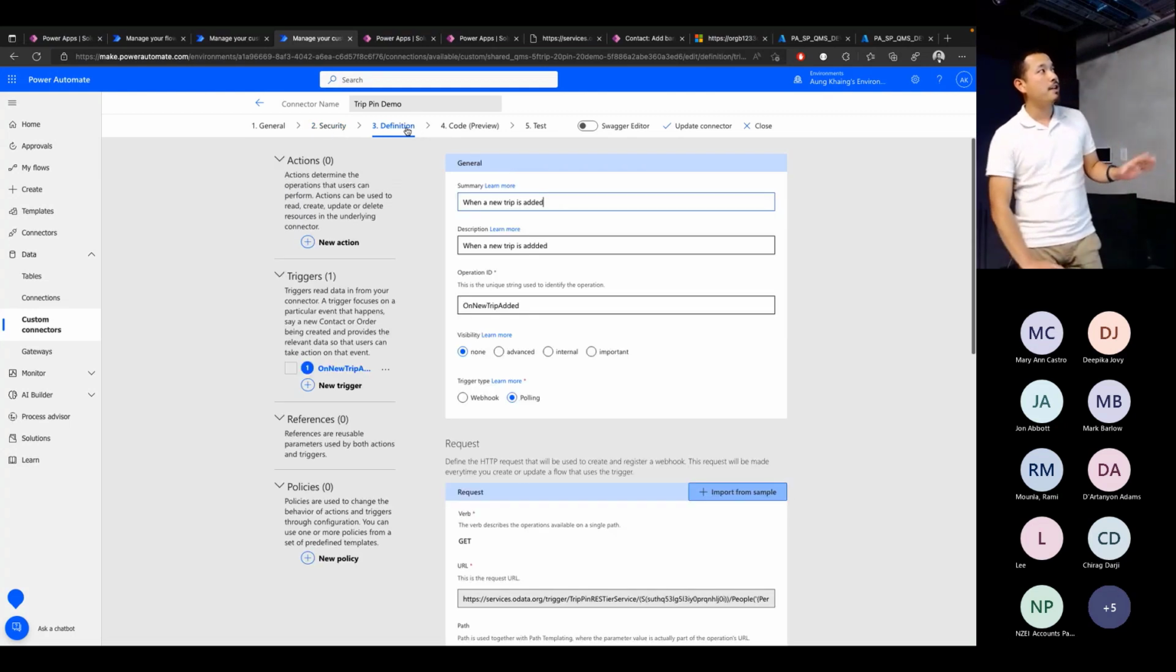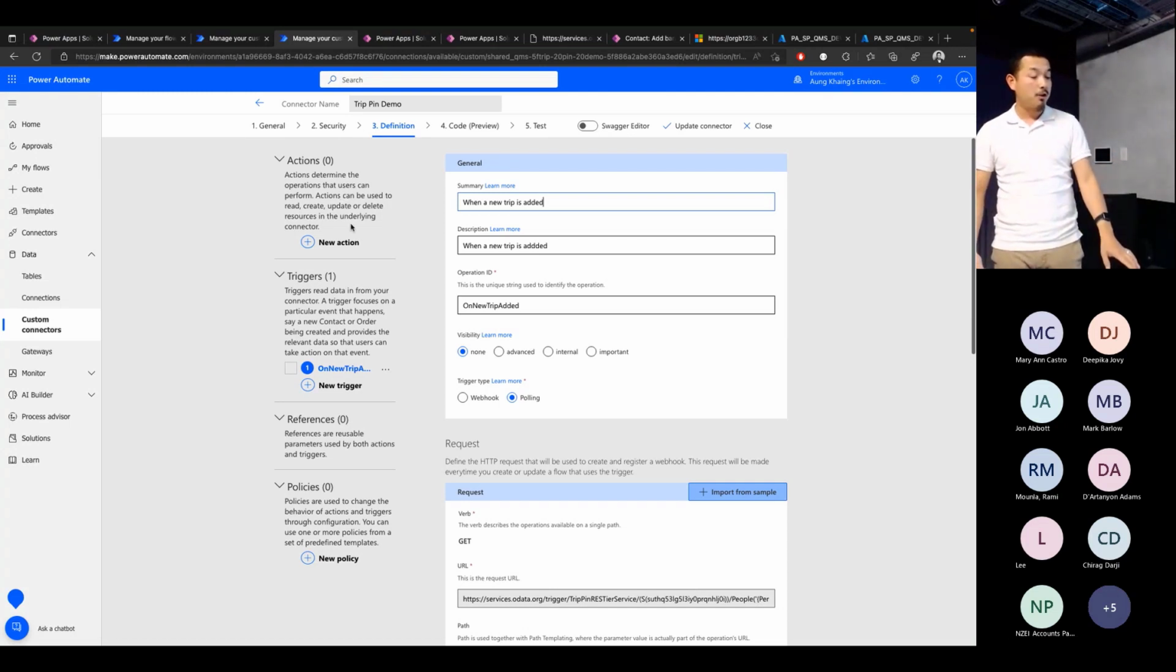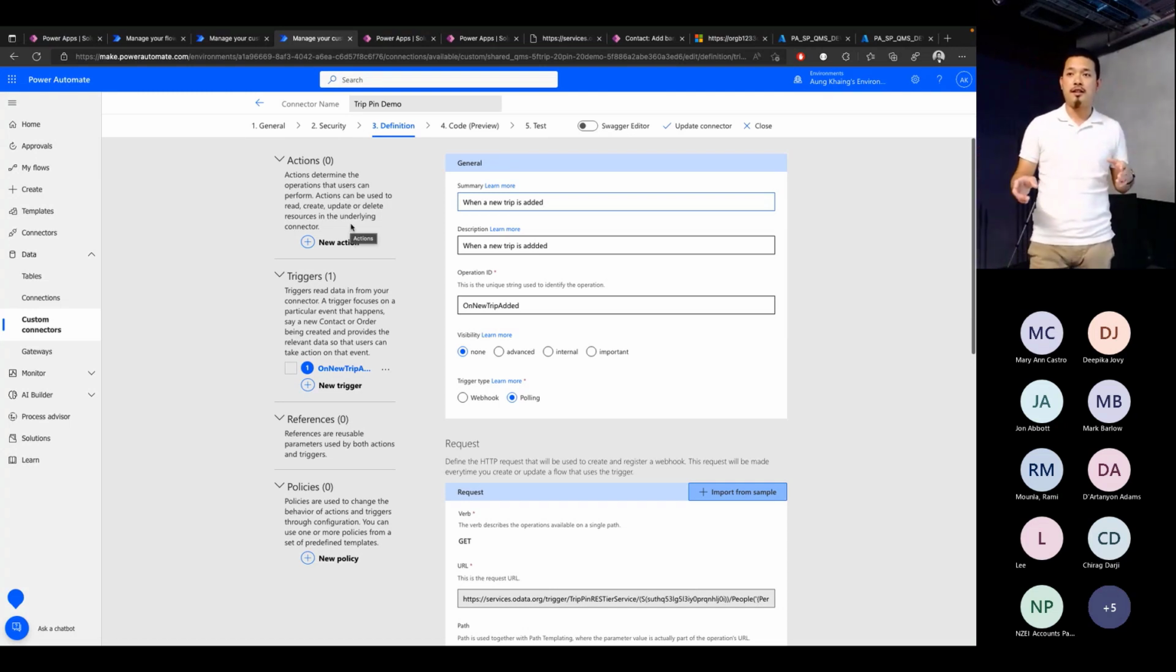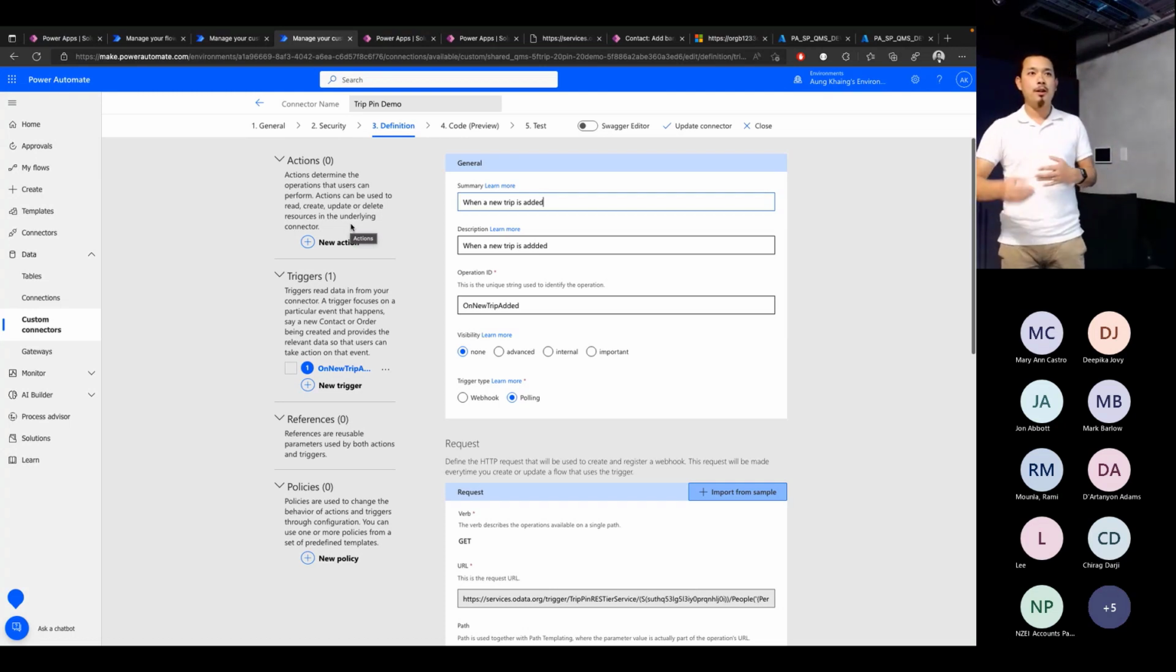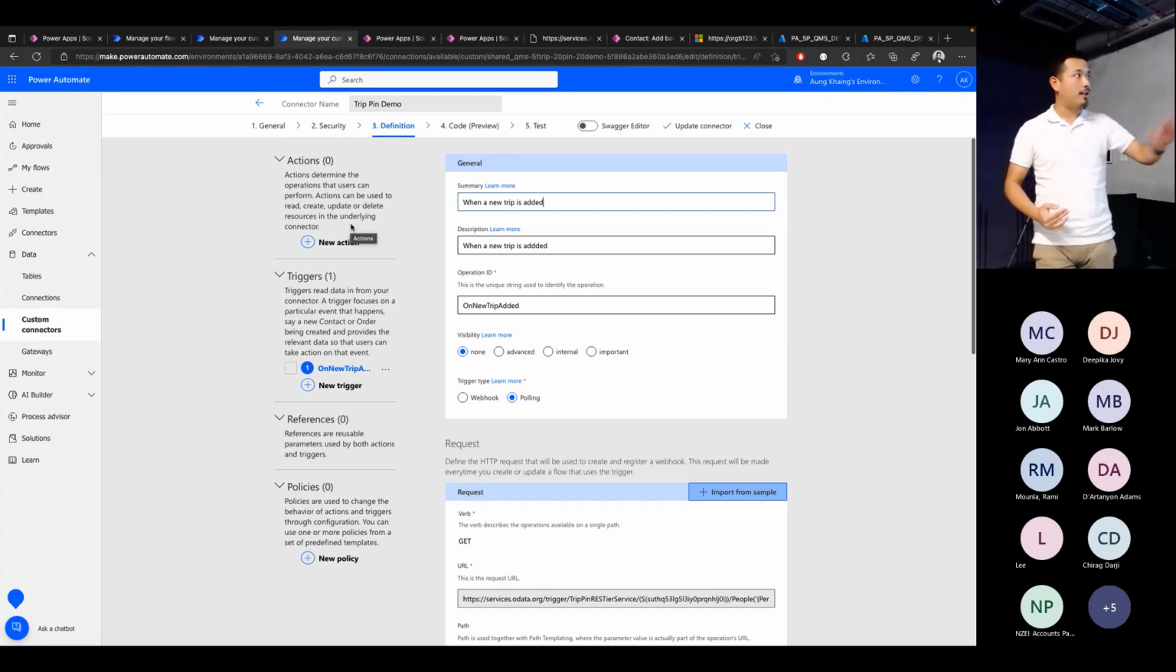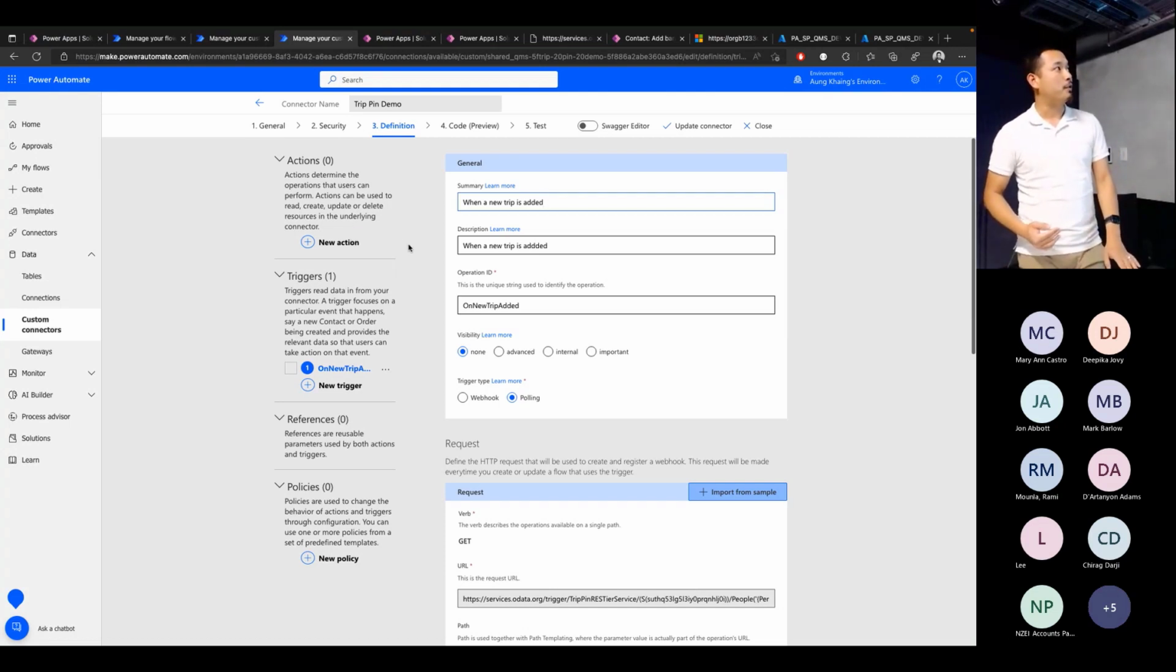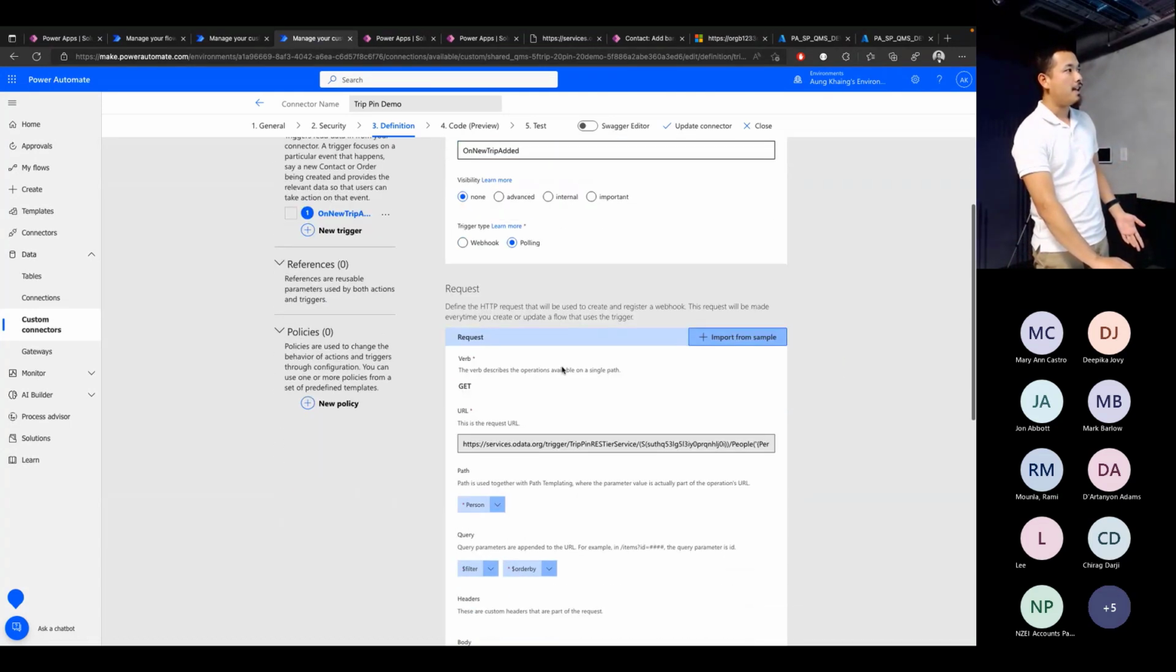And then the next step is creation of the definitions. In the previous sessions, I mainly focused on creating actions. An action is, I want to get the data, or update the data, or delete the data. But triggers are like when something happens, it runs the Power Automate flow. In a Power Automate cloud flow, the first step is the trigger, and the rest are the actions. So you could use that trigger in your flow. Here we define just the summary and the name, and in this request,